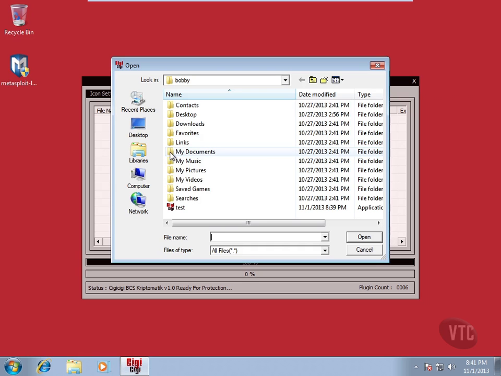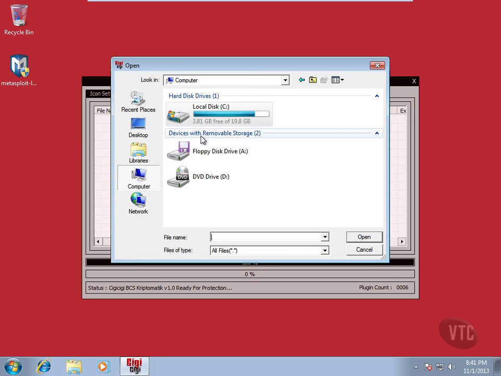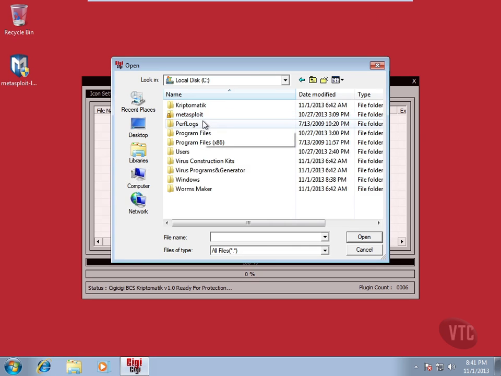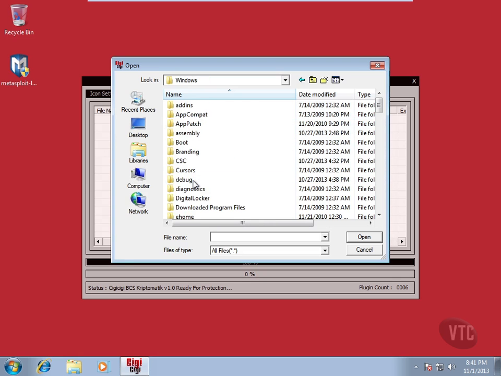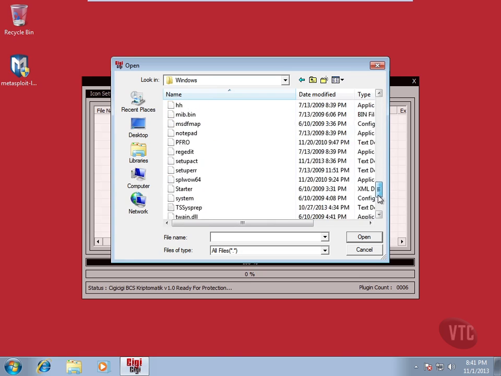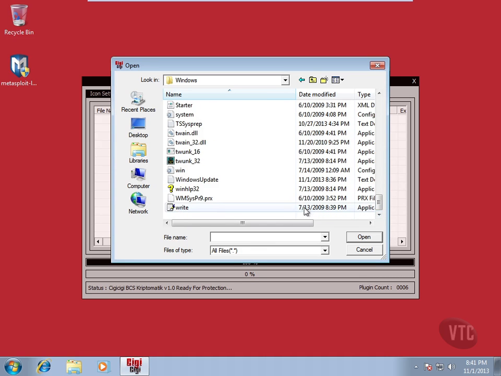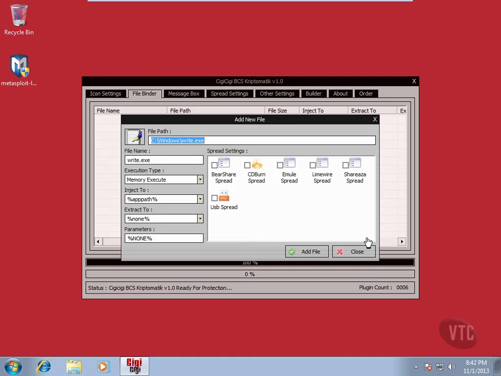I'm just going to do something innocuous. I'm going to use a file from Windows, actually. Let's go into Windows here. And I'm going to scroll down a little bit and find the write command. Remember, old Windows write, very simple processor. So it lets me decide that I want to add the new file, what kind of memory execution,